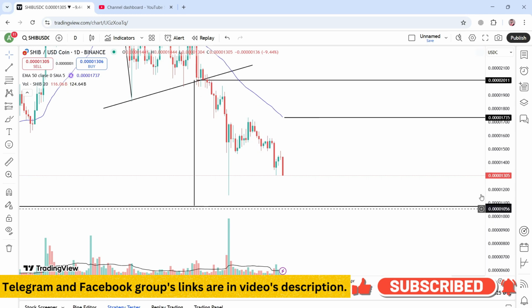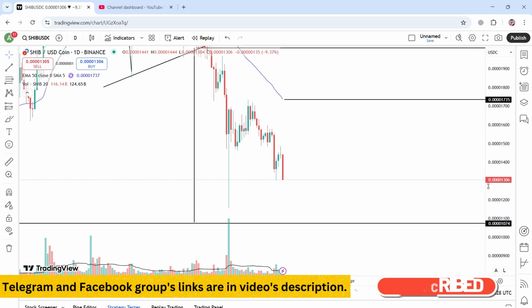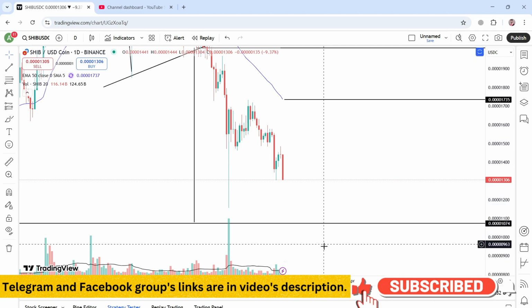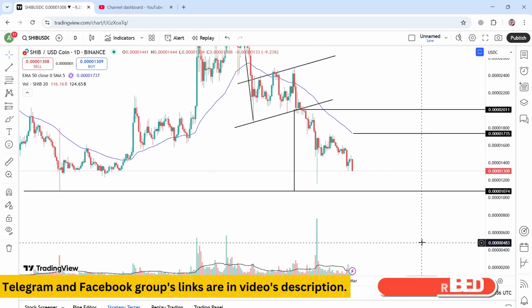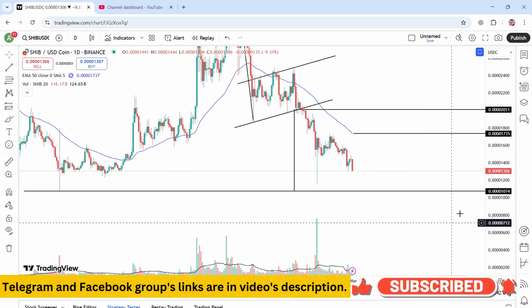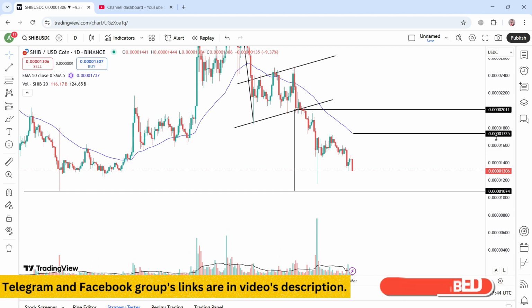Currently, prices are consolidating at 0.00001306, and as this coin is moving in a downtrend, we have to follow two strategies in this coin. The first strategy is sell on strength, and that strength level is 0.00001735. And if you guys have bought this coin at high rates, and now you are stuck in this coin